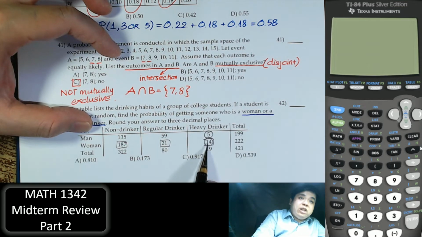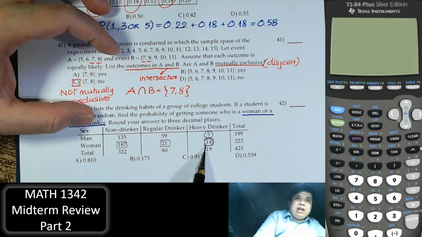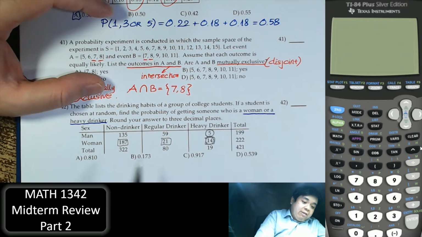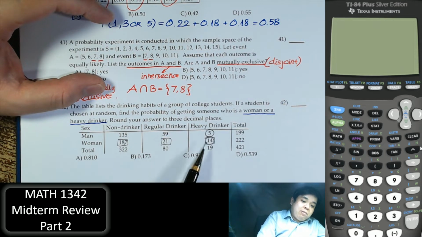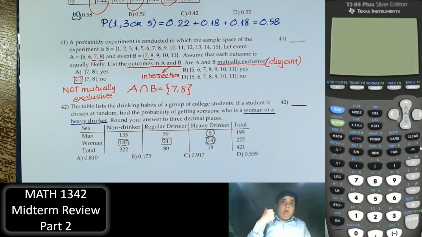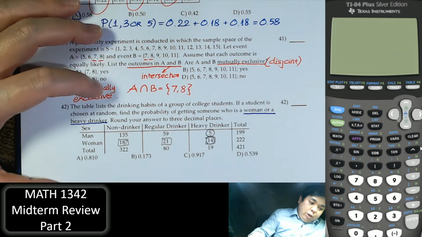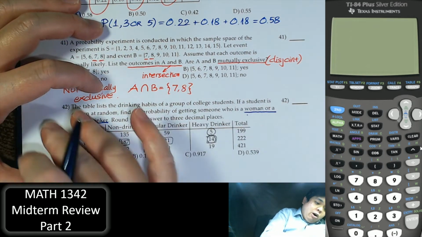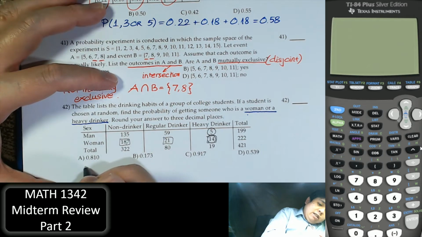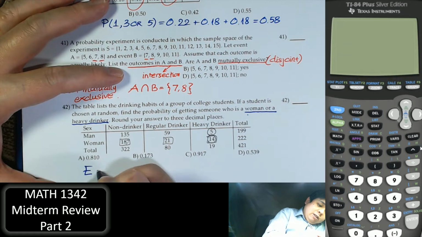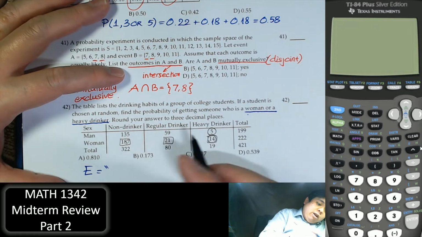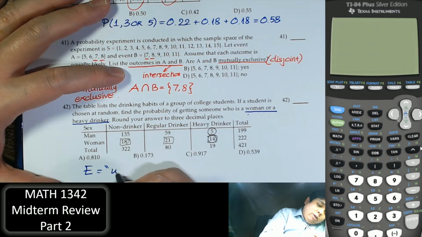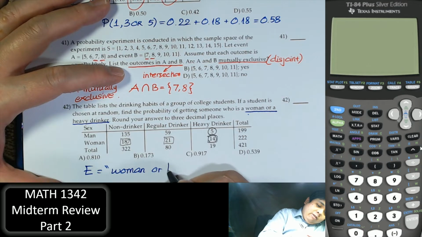Notice the 14 we count twice. But if we're going to count how many we have, it's going to be 187 plus 21 plus 14 plus 5. Those are a woman or heavy drinker. So if we say A is the event of getting a woman or a heavy drinker, if we select a student at random, so woman or heavy drinker,